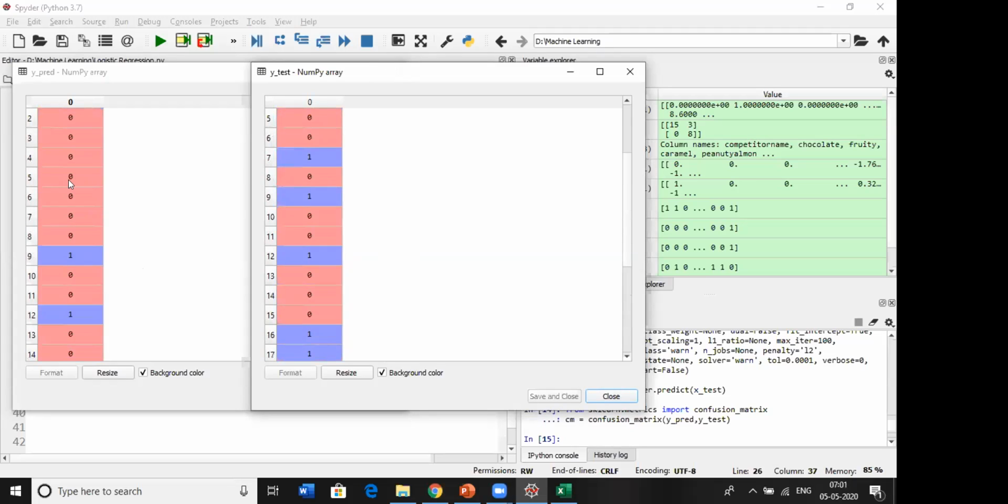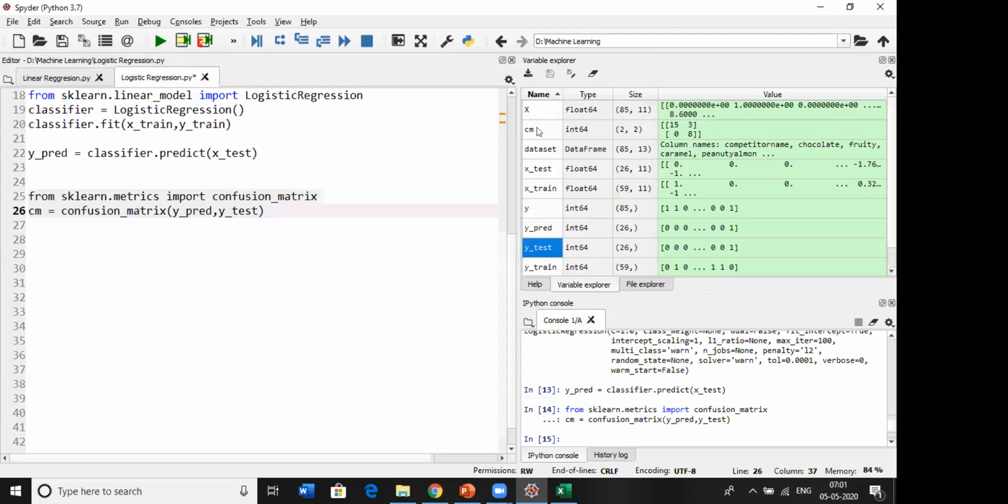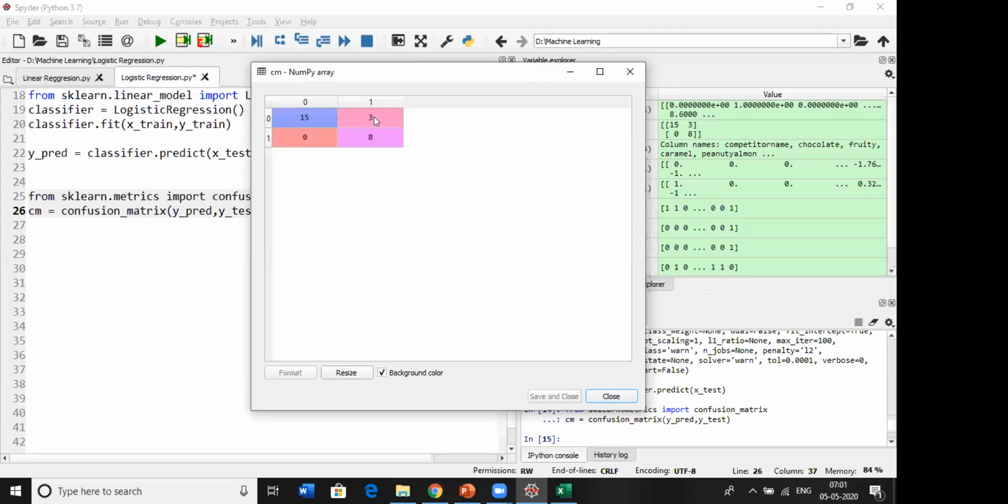And here also at 7, actual is positive and predicted as 0. That's why in the confusion matrix we got 3 wrong predictions.